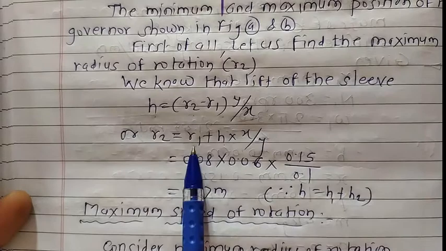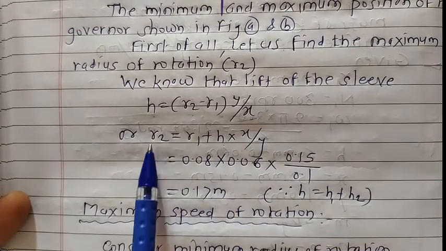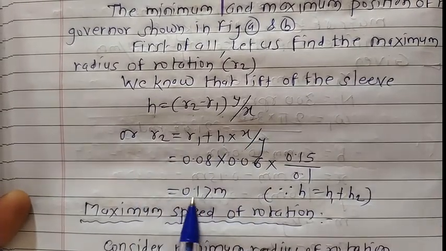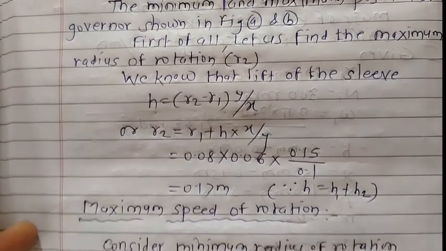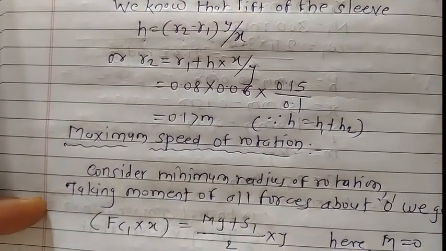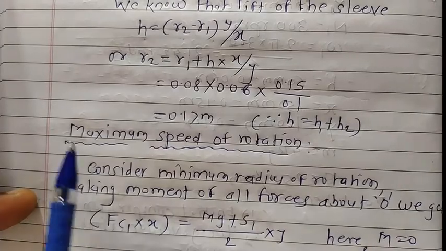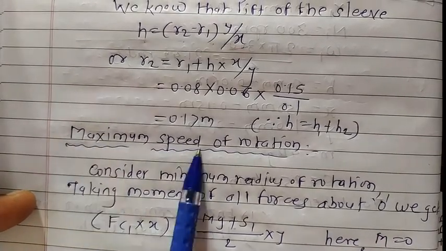Substitute the values of r1, h, x, y and simplify for r2. So r2 you can get as 0.17 meter. Now, to calculate the maximum speed of rotation...